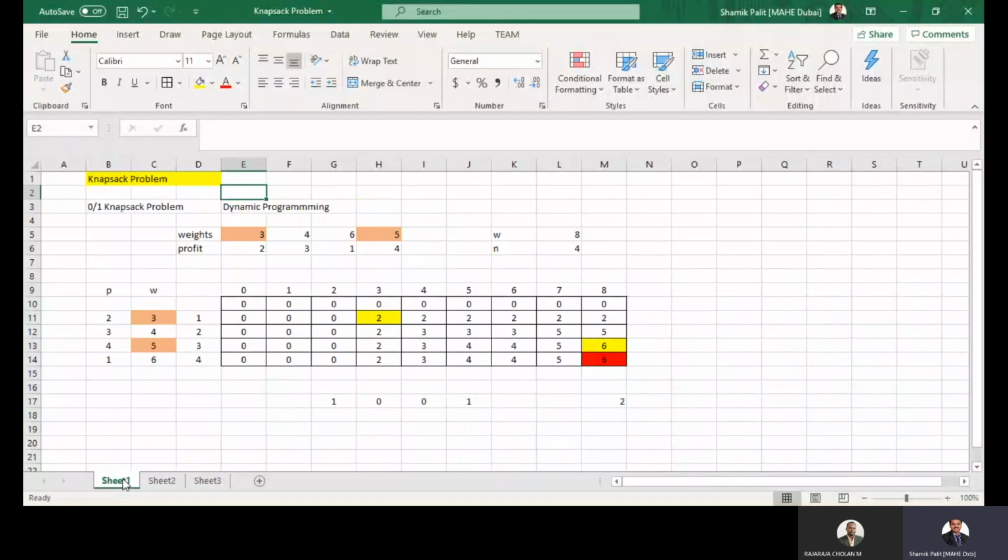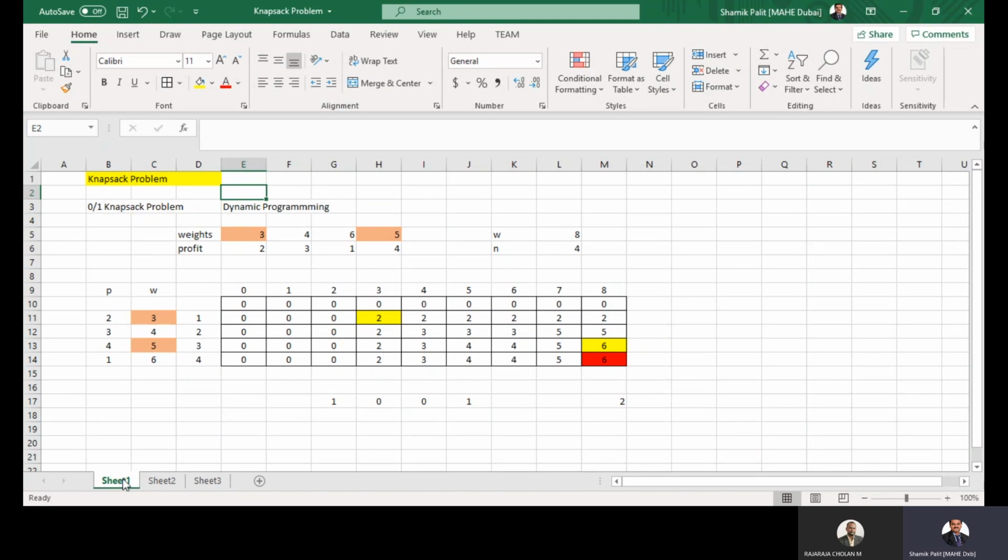So last week we discussed this particular problem, the knapsack problem, and that is called the 0-1 knapsack problem. In this problem, you have seen that if a particular weight combination has been given, either you can pick the full weight or you can just leave it. And we solved this problem using the dynamic programming approach. So this is called the 0-1 knapsack problem.